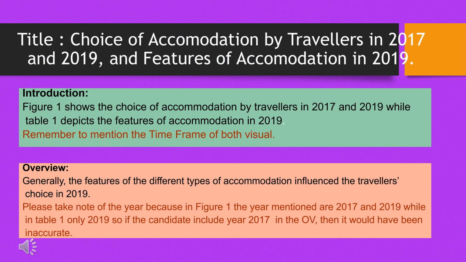So these are the sample answers for the question that we have just looked at. The title given here is Choice of Accommodation by Travelers in 2017 and 2019, and Features of Accommodation in 2019. So you just need to extract directly from Figure 1 and Table 1 and write it out as your title. As for your introduction, start with Figure 1 shows the choice of accommodation by travelers in 2017 and 2019,